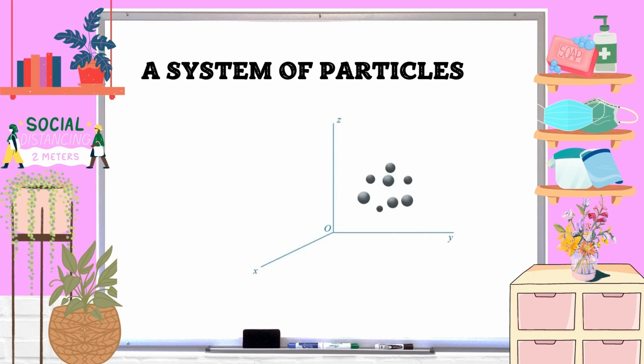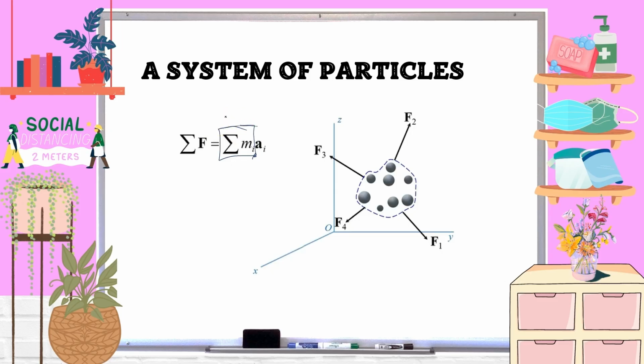So when you draw the free body diagram, make sure that you only include forces that are external. We do not include internal forces. The bodies or the objects we use are rigid bodies, not deformable bodies. Then the equation of motion can be rewritten as the summation of force equals the total mass multiplied by the acceleration. And take note that the acceleration is represented as the acceleration at the mass center of the system.